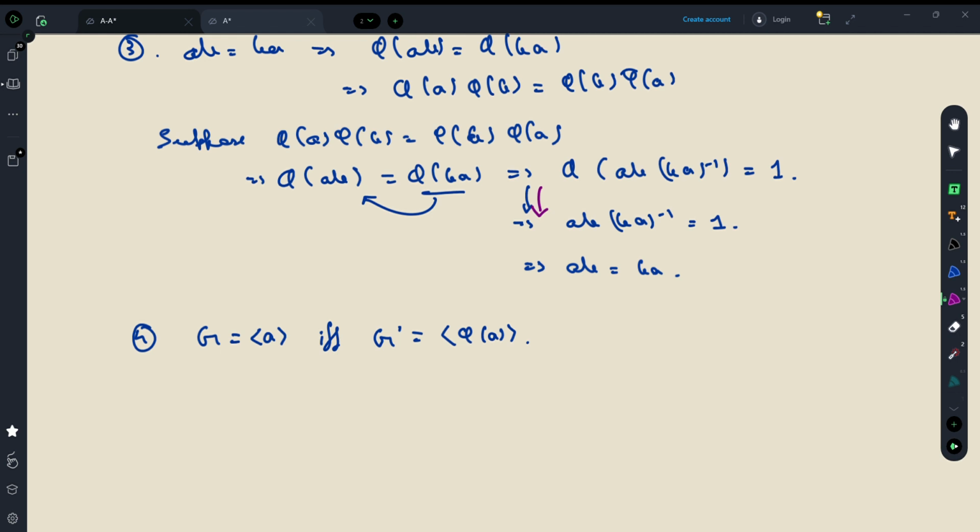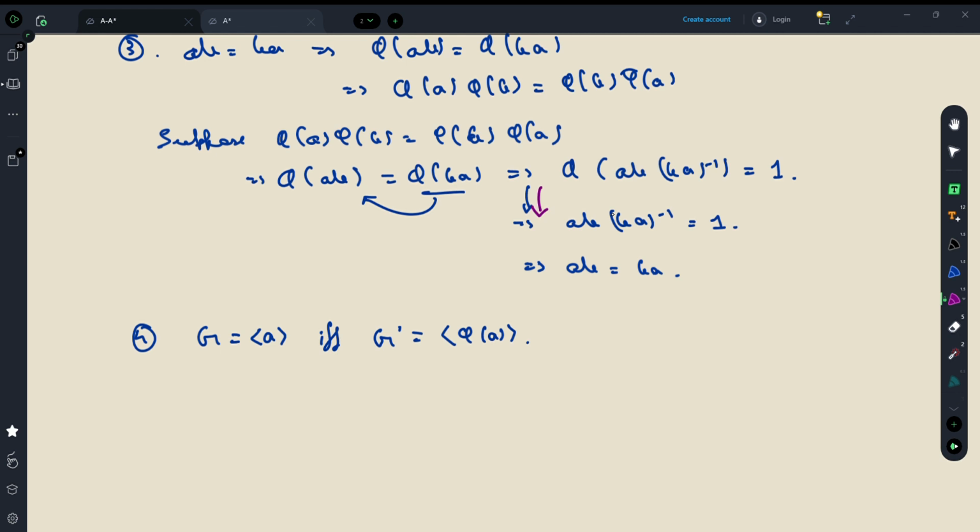So if we deal with finite groups, then we know that if G is a cyclic group, then the order of G is the same as the order of its generator. So if G and G' have the same order, then their generators will also have the same order. And since a and phi of a will have the same order, because an isomorphism preserves order, this fact is trivial, right? We have not yet shown that isomorphism preserves order, which is our fifth statement actually. So we need to show this without using the concept of order preserving directly,